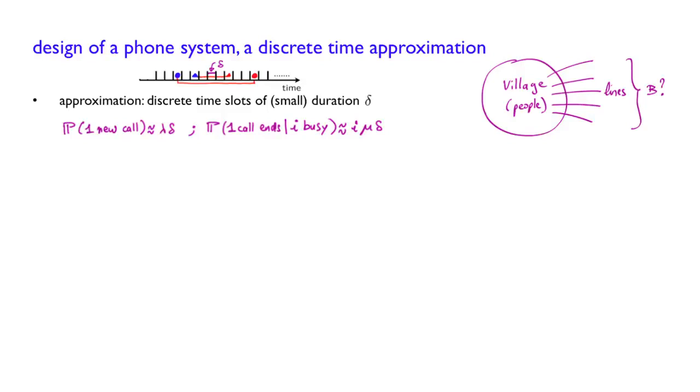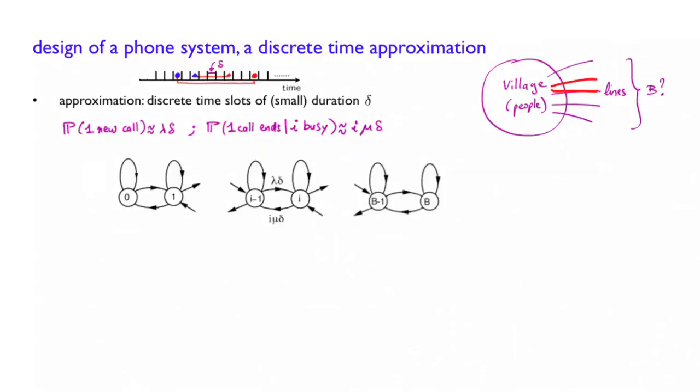Okay, if we want to propose a Markov chain model for this system, we need to specify the states and the transition probabilities. What are the states of the system? If you look at the system at any particular time, the minimum relevant information to collect would be the number of busy lines. Something like these 2 lines are busy, or all of them are busy, or none of them are used. Now, because of our assumptions, again, about the Poisson process arrivals and exponential duration of calls, and their memoryless property, that information is enough to fully describe the state of our system in such a way that we get a Markov chain. So the states are numbers from 0 to b.